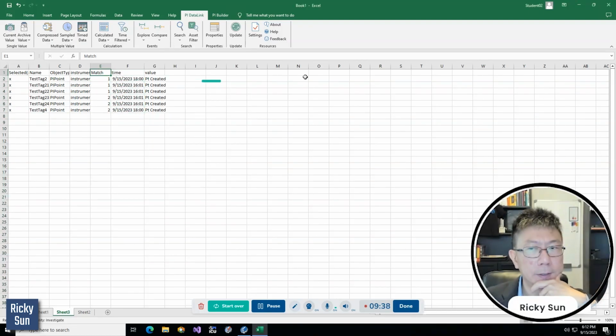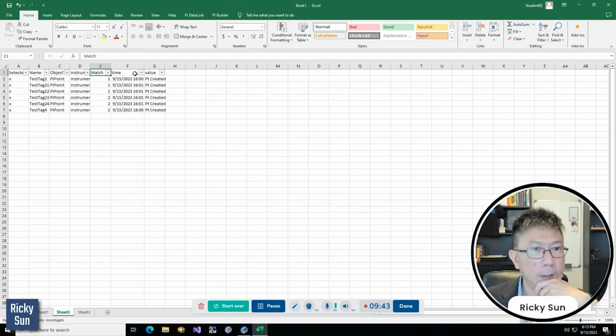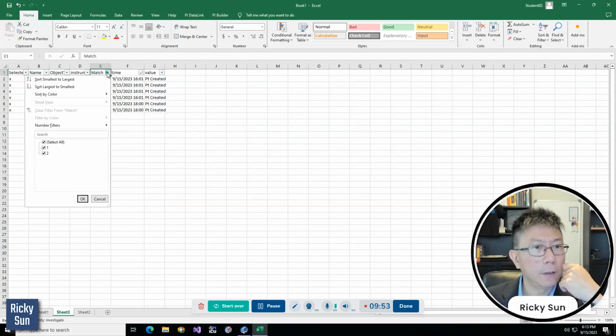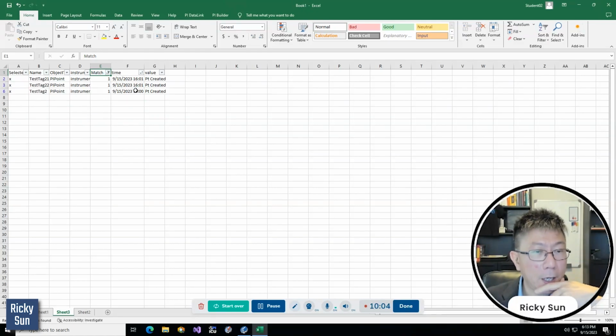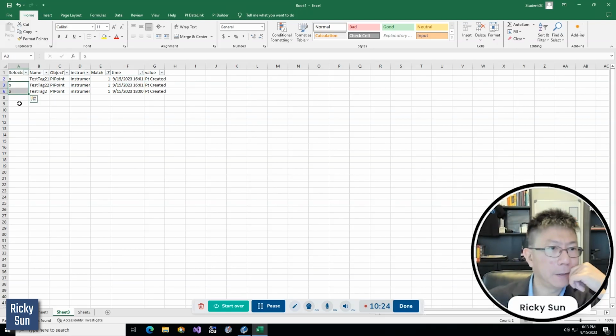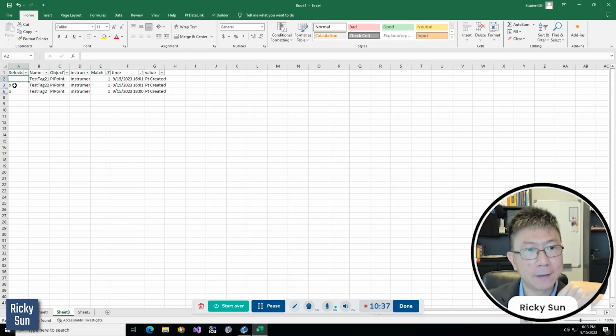What I like to do is apply the filter again, and then sort from the oldest to the newest. Maybe you can do one at a time, right? Do match number one first, and then you look at the time and get rid of some tags. Oh, they are created at the same time. I want to keep the oldest one, but there is a tie, so I will just keep one and this one tag goes. So I'm not going to delete the one that I want to keep. I'm going to get rid of the X here, and I'm going to delete these two.